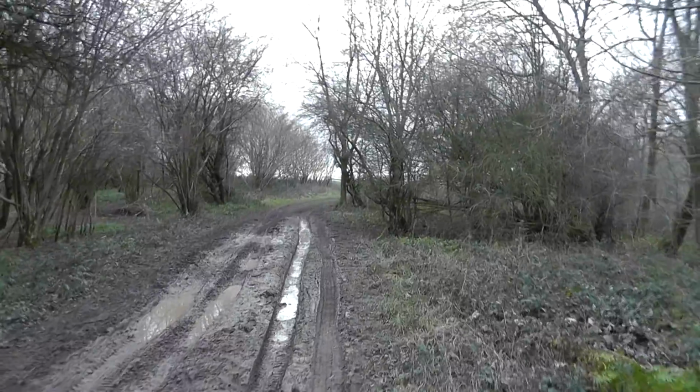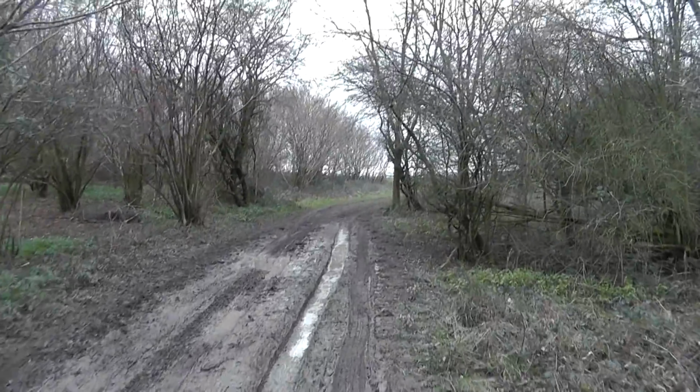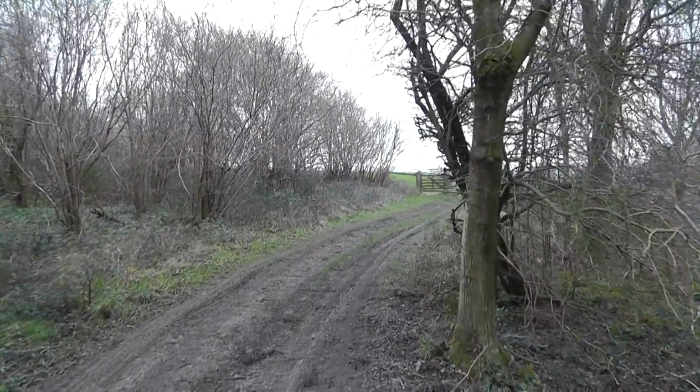We're just going to break out onto the open downland in a second. The thing I love about coming to a place like this